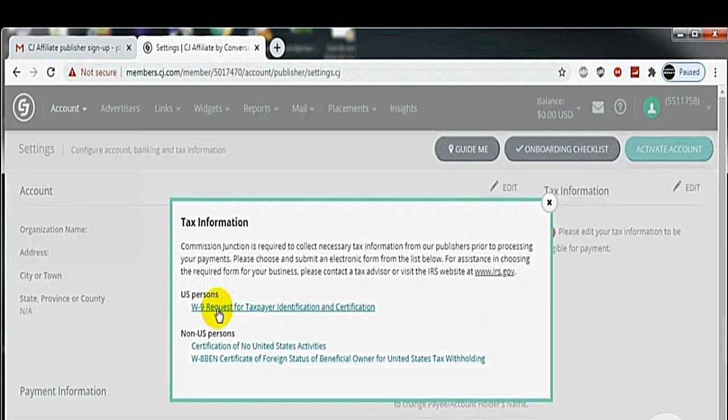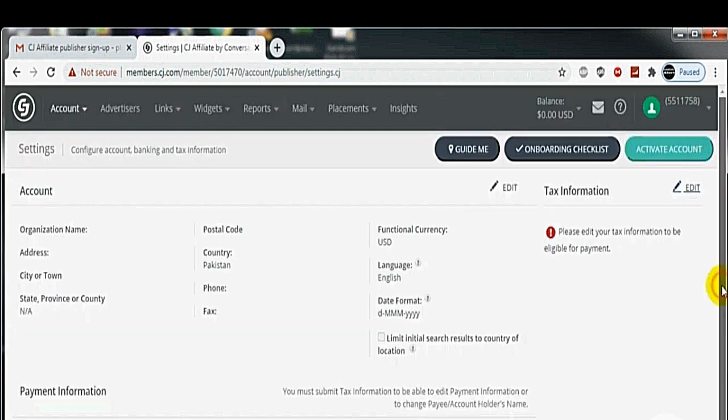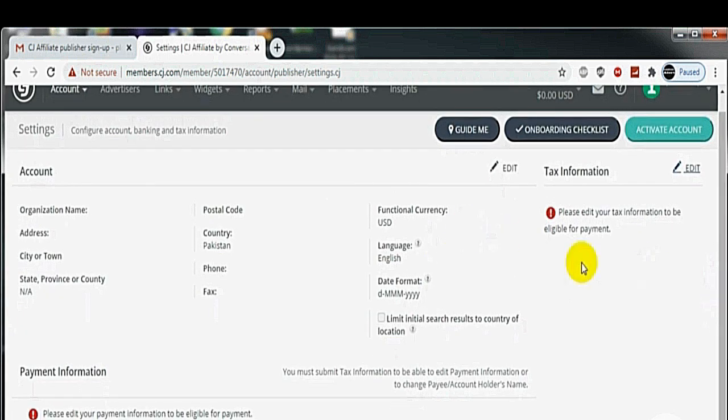Now you will have to complete this tax information. If you are a US person, then you will have to click this link. And if you are a non-US person, then you will have to click this link. After this, your tax information will be completed. Now come to the onboarding checklist again to see the next step.